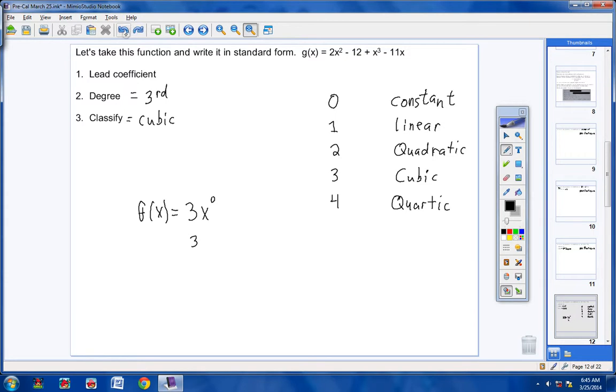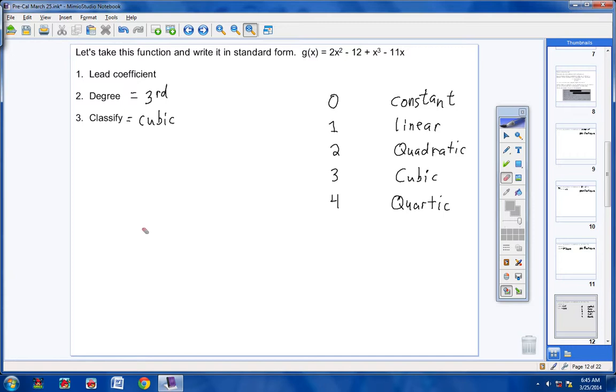So if you're ever given a polynomial function like this that has no variable, then assume you have an x to the 0 here, and we call that a constant function. You say, well, how can you have a linear? Well, if your highest exponent is a 1, then that's going to be a linear function. Okay, so make sure you're familiar with these names,